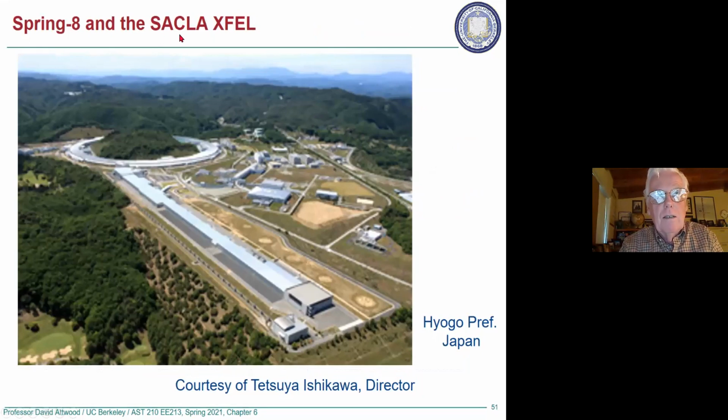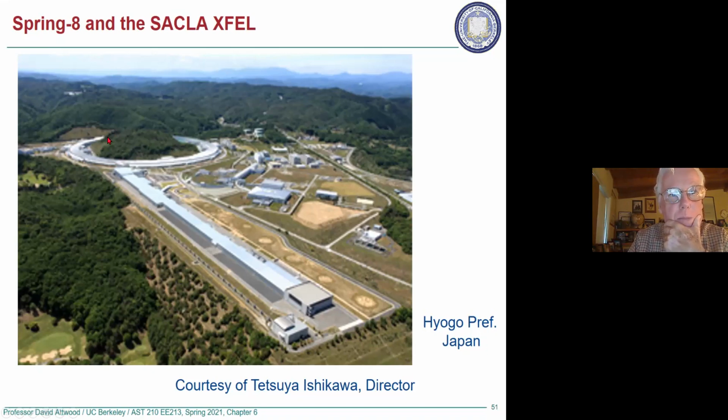This is the FEL in Japan. It's right next to the Spring 8 synchrotron, which we talked about before. The Spring 8 synchrotron is the highest energy synchrotron in the world, and they are also planning an upgrade. When they do, I think they're going to lower the energy from 8 GeV to something a little bit lower. And actually, it's so big in diameter that they had to sort of